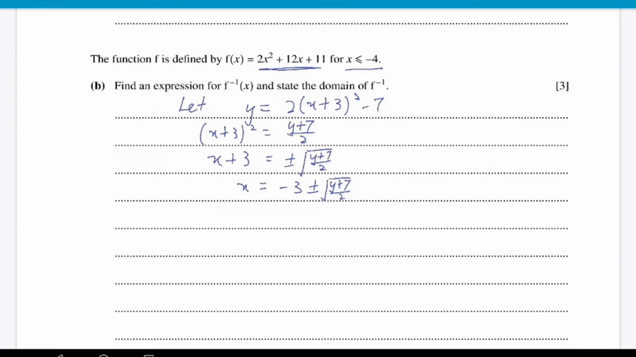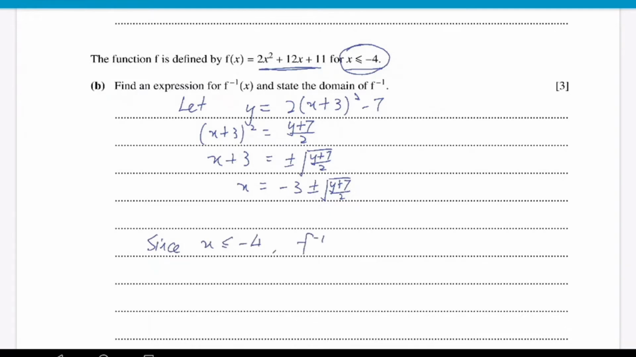Remember, it is not always that we just take the positive. It will be either positive or negative. How we make the decision is to look at the domain. We want x to be less than or equal to 4. So in order to get a value less than or equal to 4, we must always take the negative of the square root. If we take the positive, we can't get a value less than or equal to negative 4. So since x is less than or equal to negative 4,